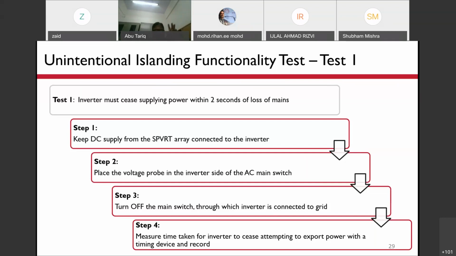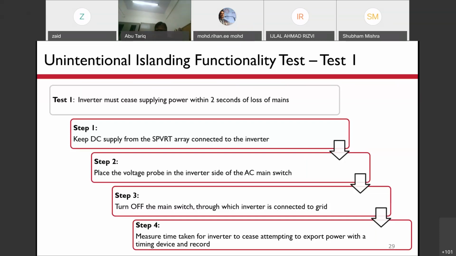We have to check whether this anti-islanding function is operating or not. Then we place the voltage probe on the inverter side of the AC mains. There are two sides: on the main panel we get two supplies, one from the inverter and the other from the grid.